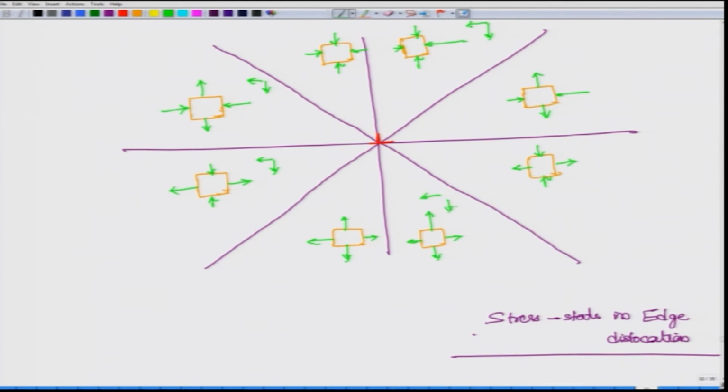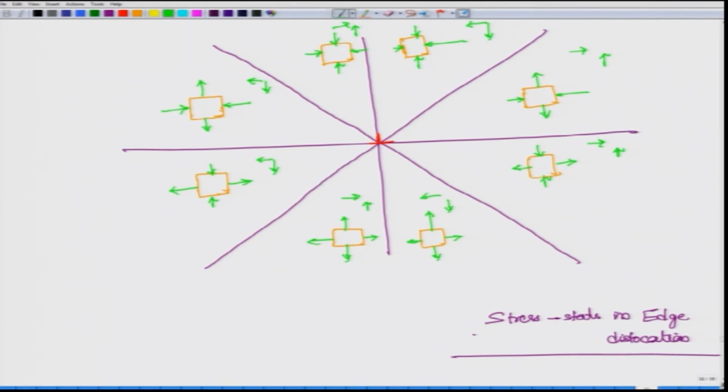And how would it be for the other one? It will be the opposite sign. So, it will become like this. So, this is a bigger lobe and these are the smaller lobes. So, you can see that this picture summarizes all the 3 different stress fields that we saw earlier,